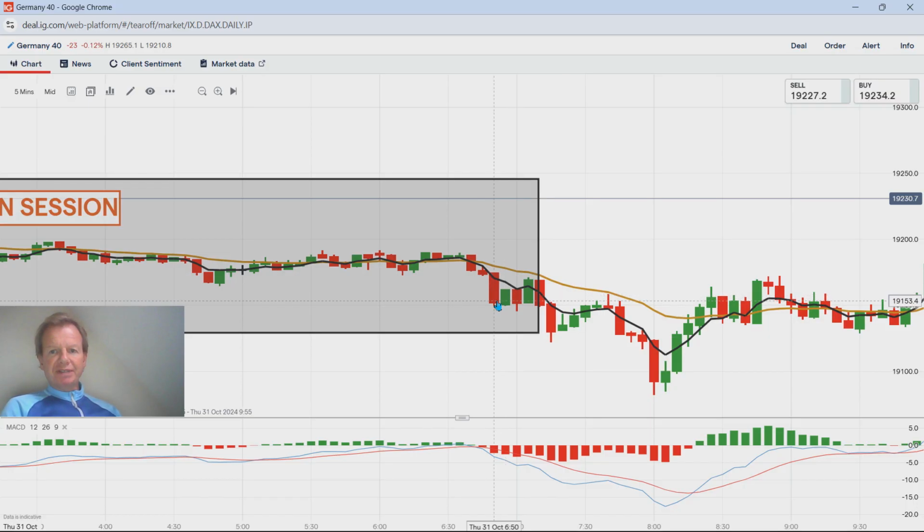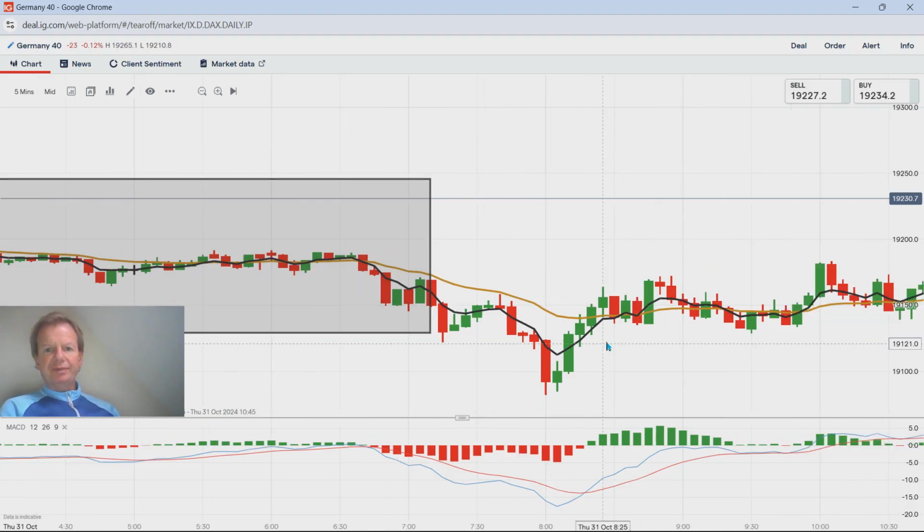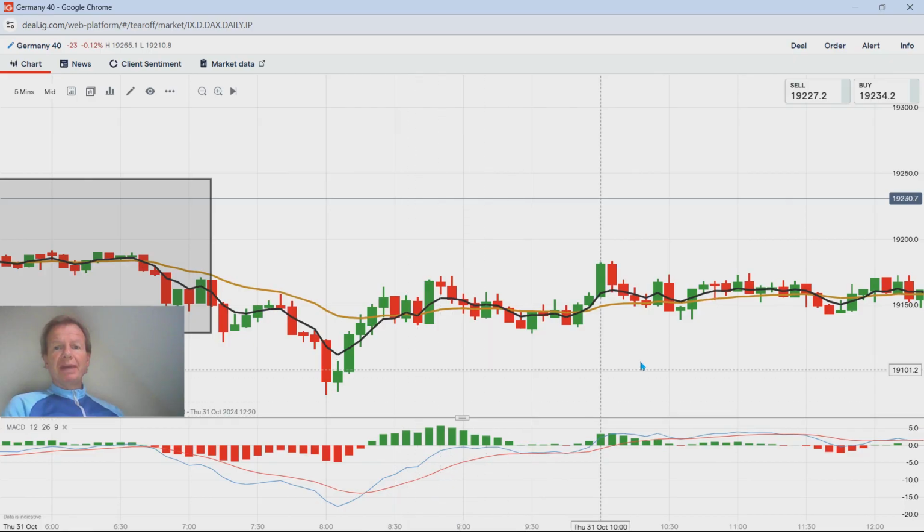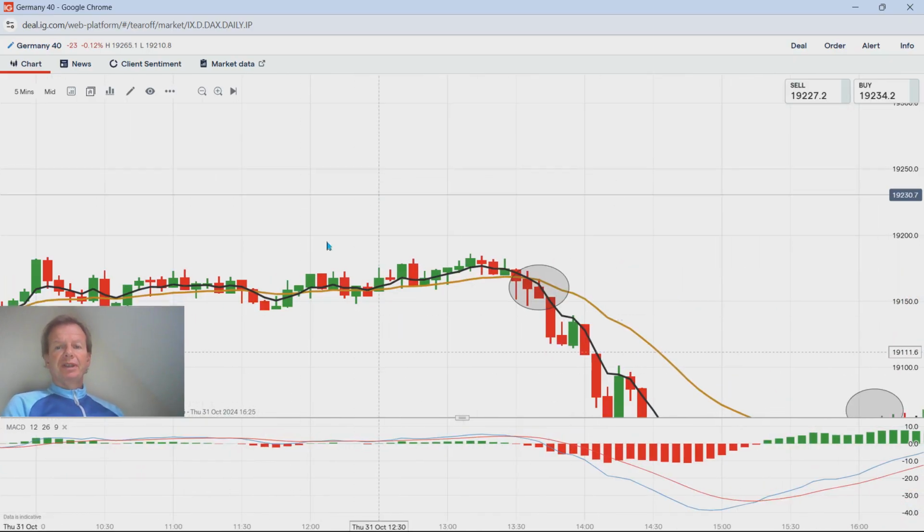It's already starting to come down. So if you're around at 6:50 in the morning UK time, 19,153, you'd have just about broken even. Whereas, as I say, if you go by the MACD, if you'd gone at the very bottom, 19,085, go up here, so 26, 36, 46, you could have got about 50 pips if you come out early. You can see that the MACD tends to indicate it earlier than the moving average. So maybe when you exit, go by the MACD instead.